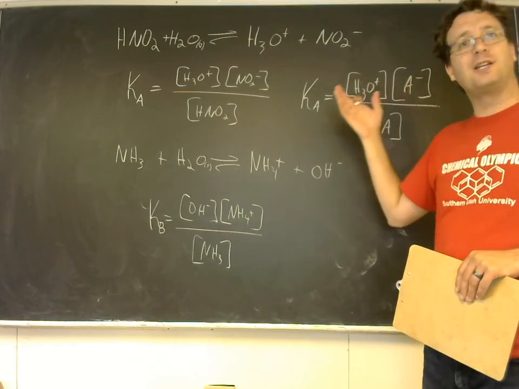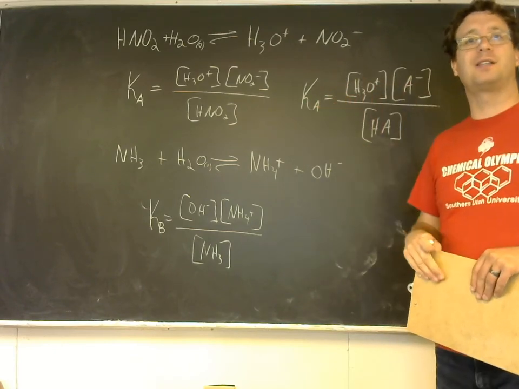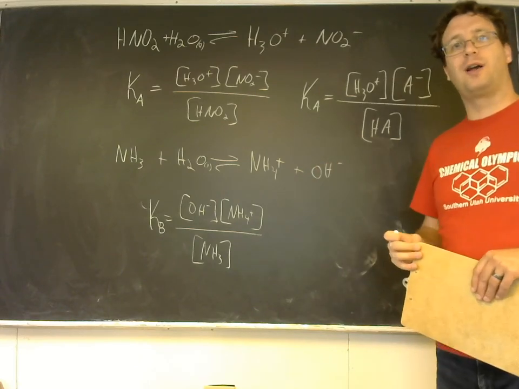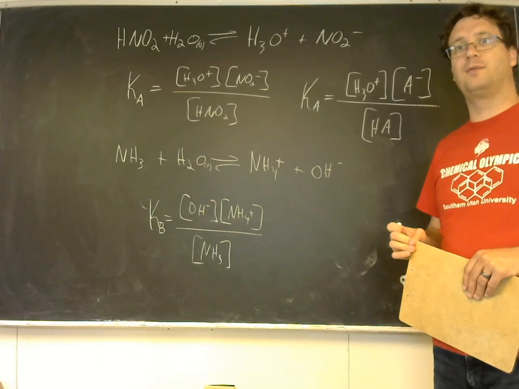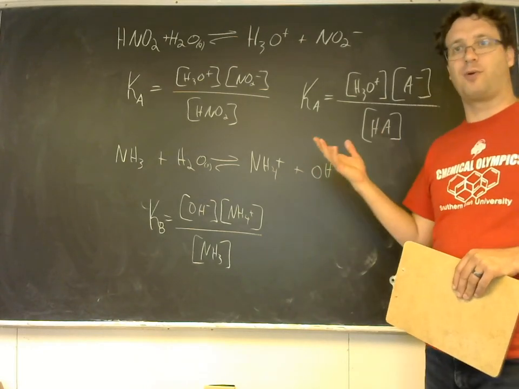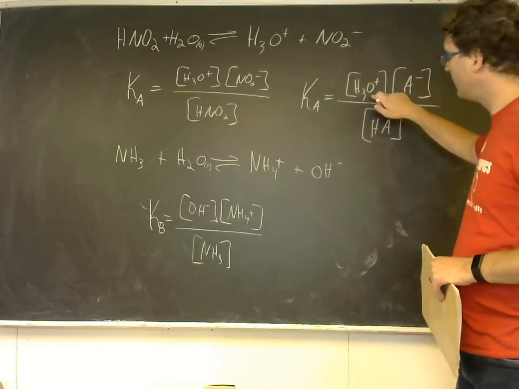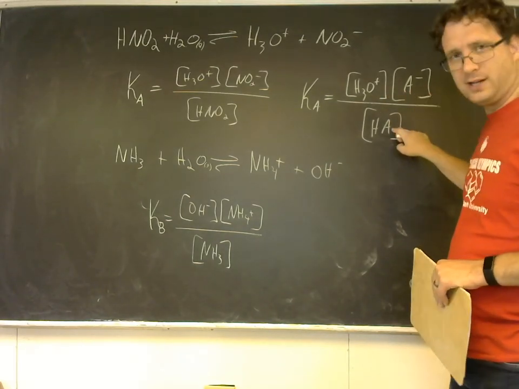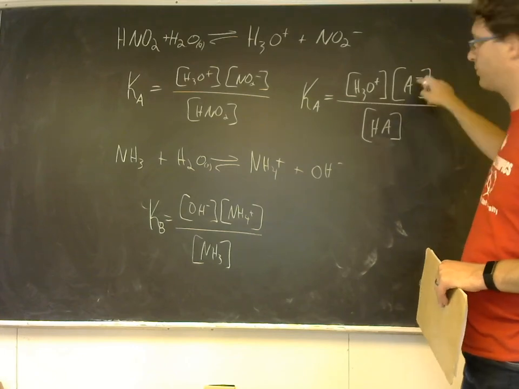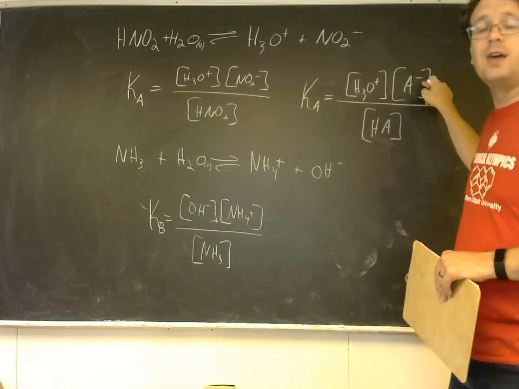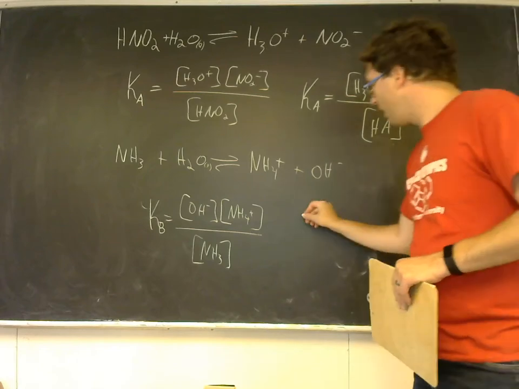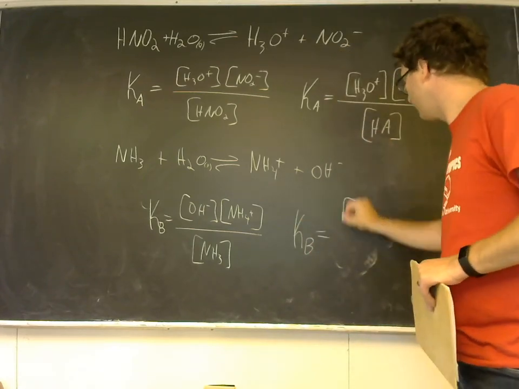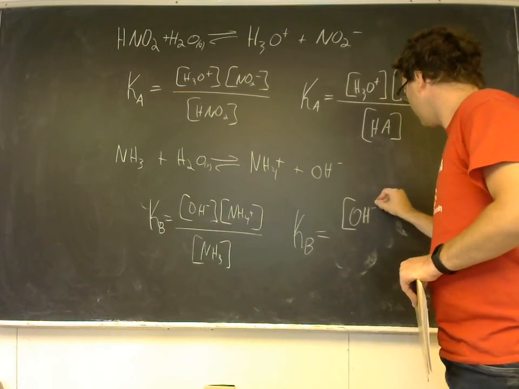If HPO4 2- is acting like an acid, then the Ka value would be H3O+ PO4 3- over HPO4 2-. And so the difference is we've removed a hydrogen and we've increased the negative charge by 1. Okay, and for bases, the Kb value is always going to be OH-, and then